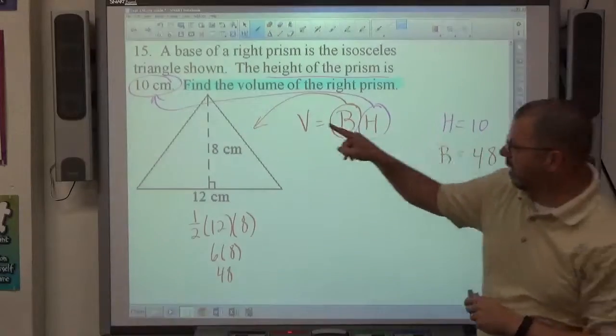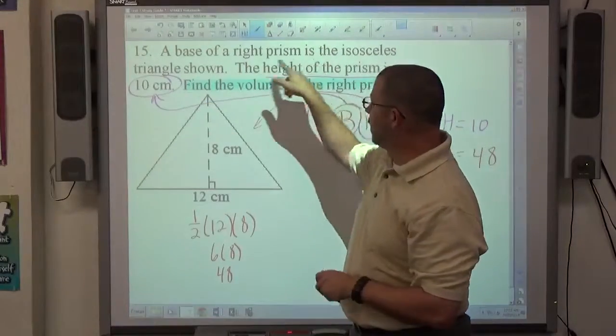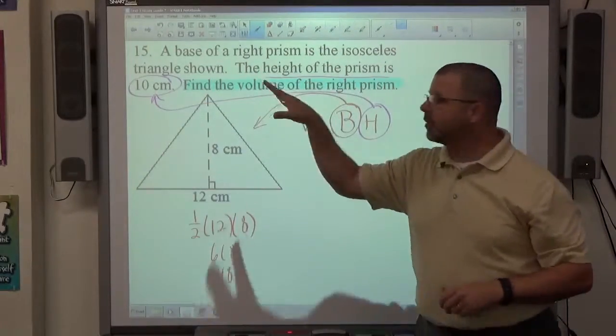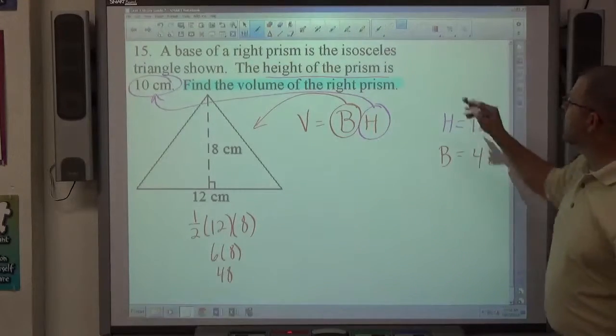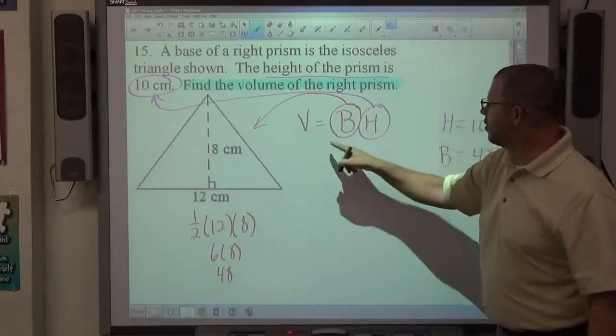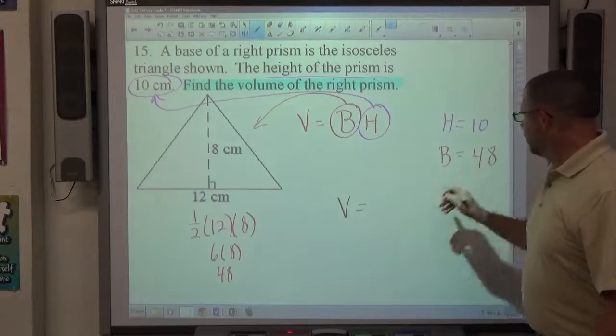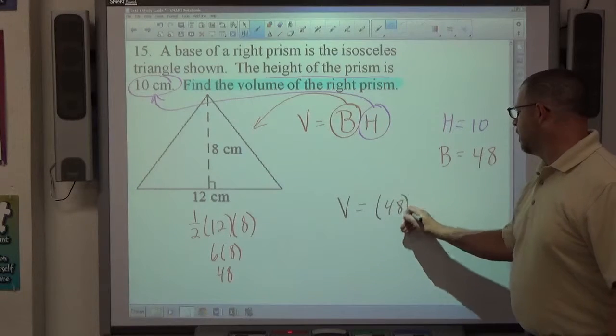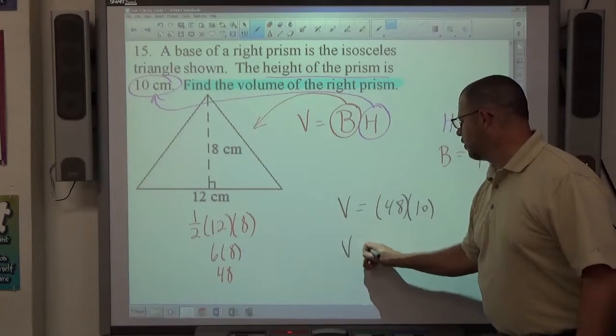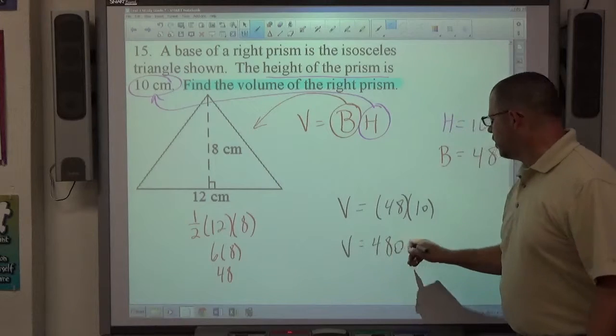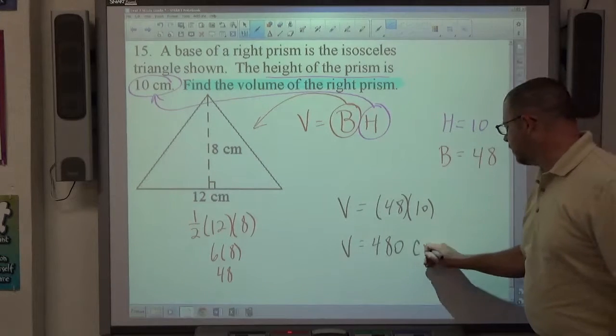It might not be right at that specific spot, but it'll be in the sentence where it says the height of the prism is this. You find both of these numbers. Volume is simply the product of those 2 numbers. So volume equals 48 times 10, which is 480. Unit of length is centimeters, so that's going to be centimeters